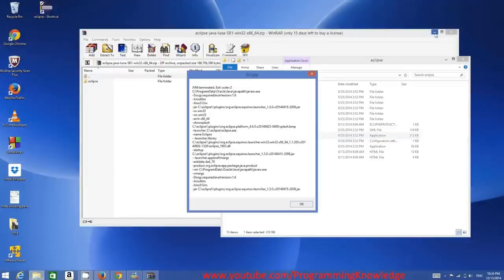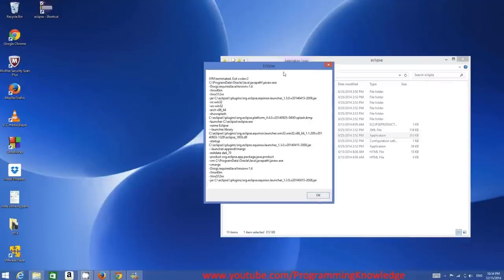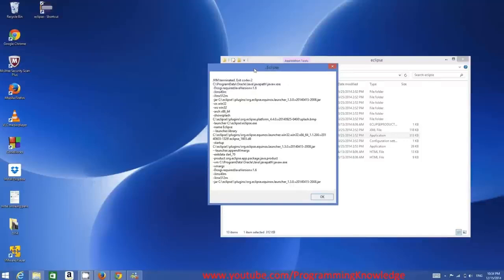And this is the error which commonly occurs when you are installing Eclipse for the first time. So don't worry, this error is JVM terminated, exit code is equal to 2. And this error comes generally whenever you have something wrongly configured in your path or environment variable. And generally,